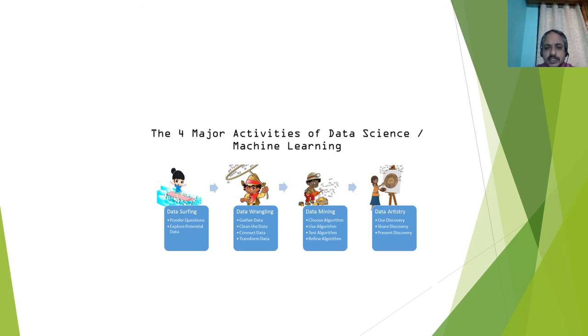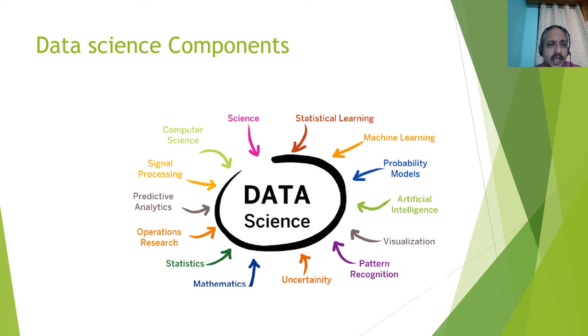Depending on your experience and knowledge, you will be placed in one of these four departments. At a high level, as I told you, it's interdisciplinary. It's not only computer scientists' work. Computer science people will enter the picture, the statistical team will be present, the mathematics team is also present, the visualization team is also present. There is machine learning, which you learn in the data science course, artificial intelligence, and predictive analytics. So different people are part of data science. Everyone will contribute to the final outcome.